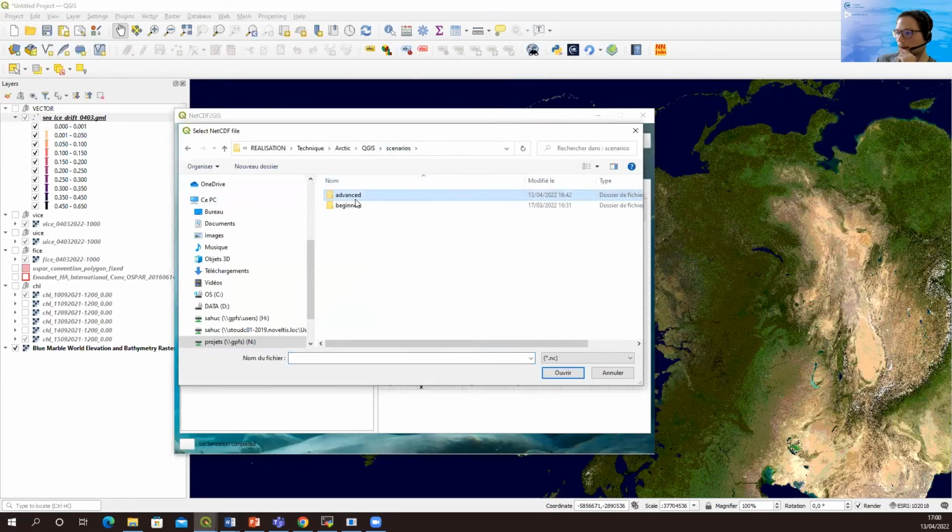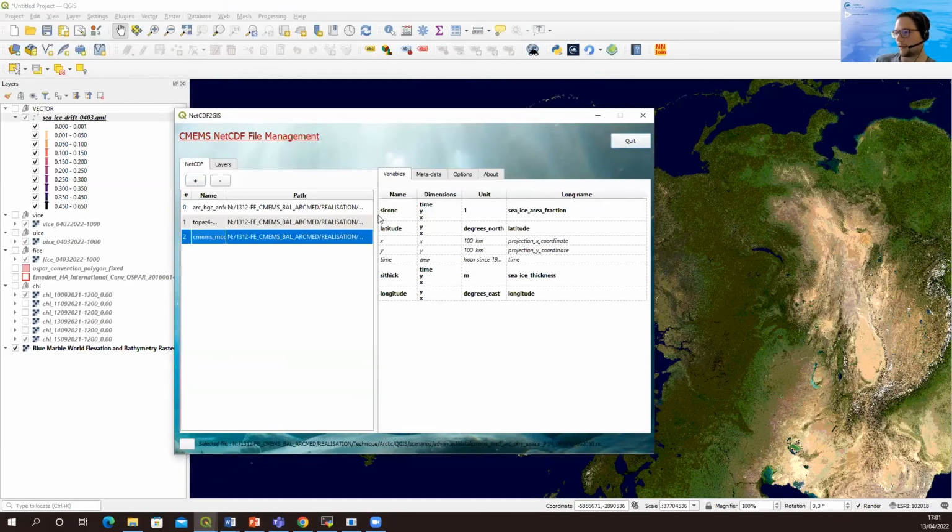So first of all, we are going to import data corresponding to CI's concentration from 1993 to 2010, which is extracted from the Arctic multi-year physical reanalysis model from the Copernicus Marine Service, with a resolution of 12.5 kilometers again on a curvilinear grid. So we are going to open this